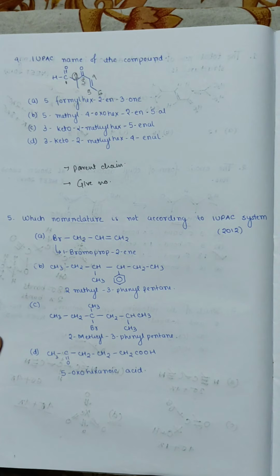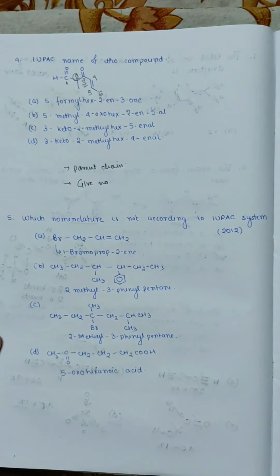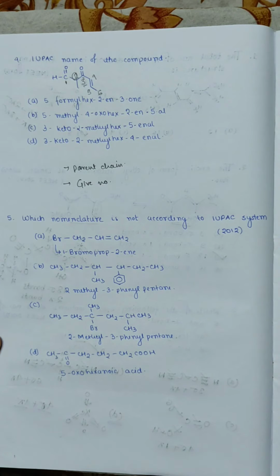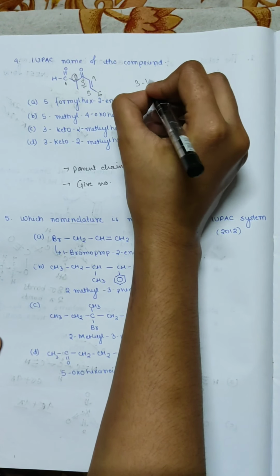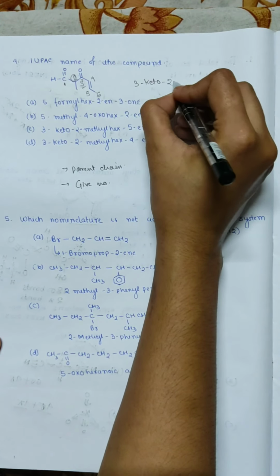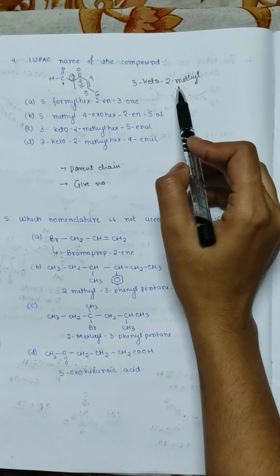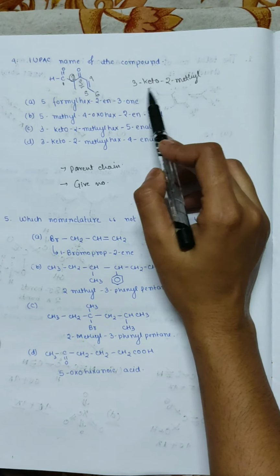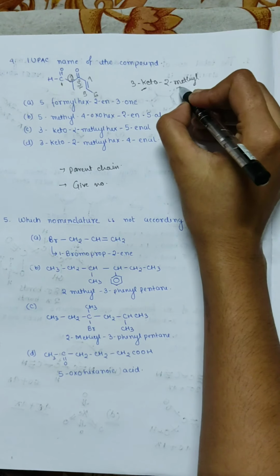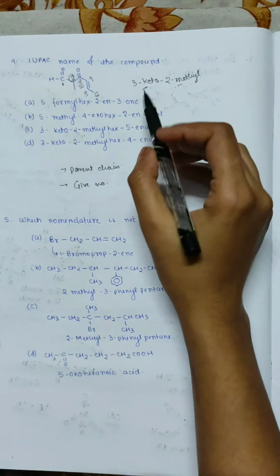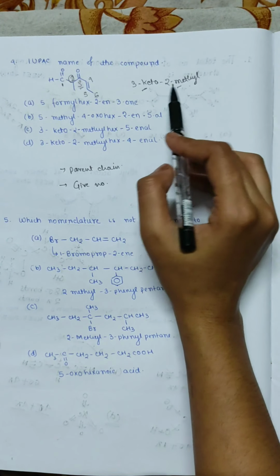So we can write in alphabetical order the IUPAC name of this compound: 3-keto, because carbon 3 has the keto group, and after that 2-methyl. Now there must be another question: why is 2-methyl not put before 3-keto? Because K comes first in alphabetical order and M comes after K. So that's why 3-keto is put first. So 3-keto-2-methyl,